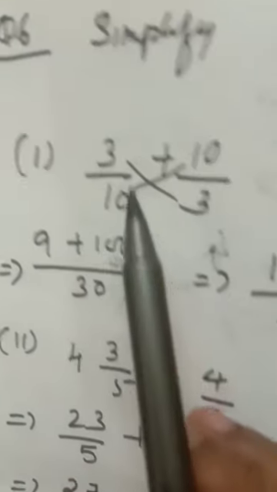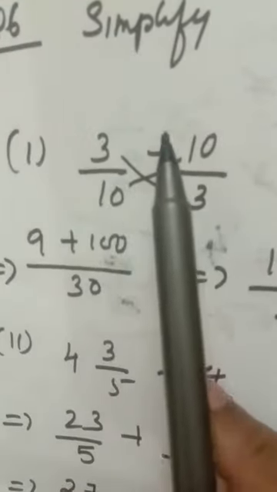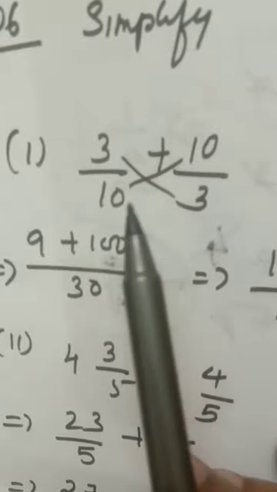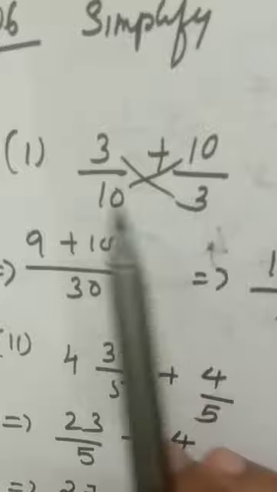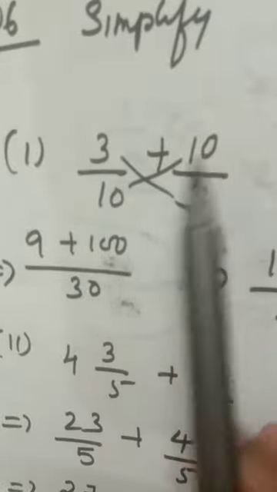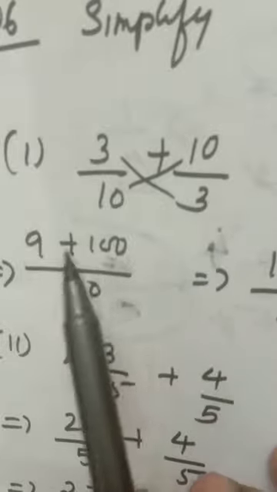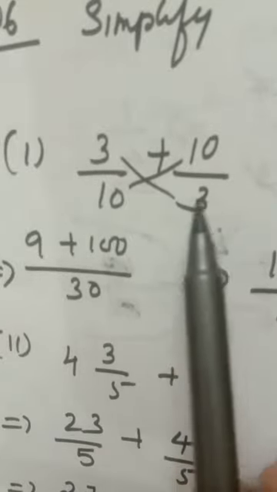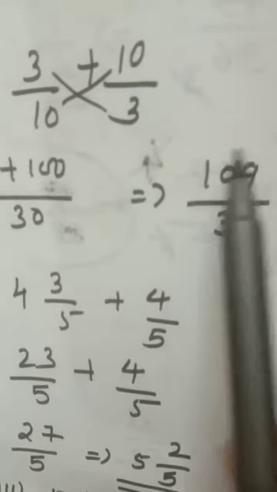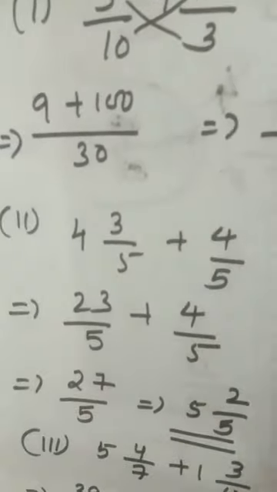Simplify, same type of question. This is an addition question. I told you, addition and subtraction, you have to check the denominator. Denominators are different, you have to make the denominator same. By the cross multiplication method I used 3 3s are 9, 10 10s are 100, 10 3s are 30. Adding improper fractions, you have to make it a mixed fraction. Okay, you have to get 3 and 19 by 30.